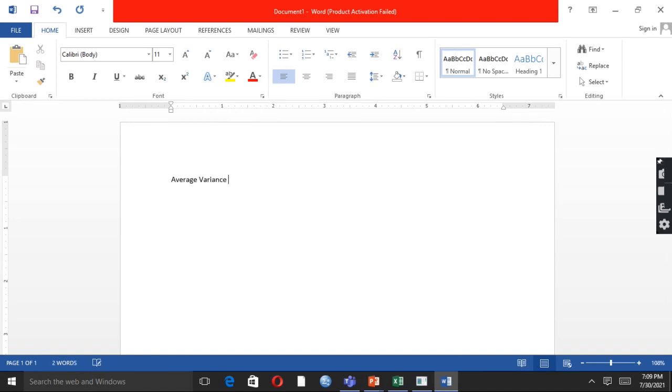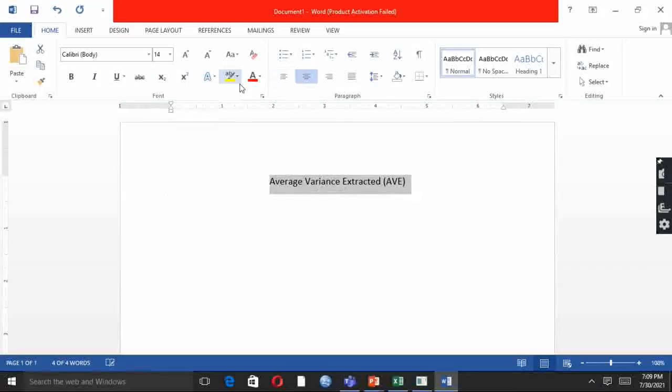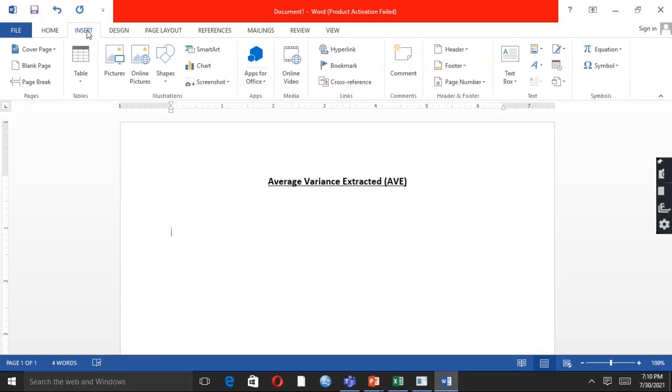Average variance extracted, which is basically AVE. We will develop a table.